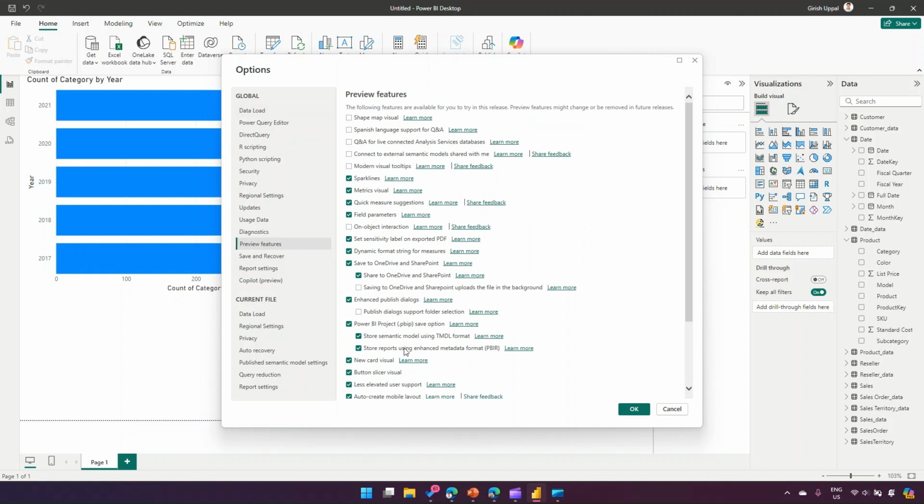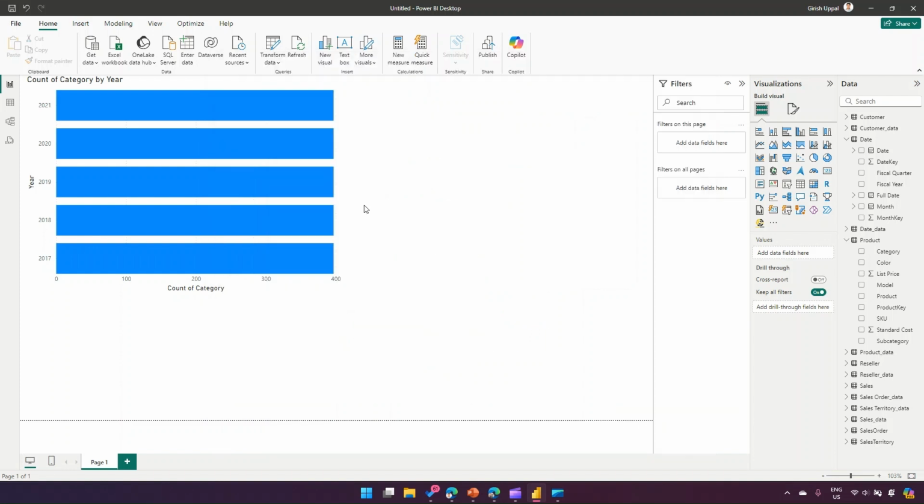If you go to Preview features, there is an option which says Power BI Project file, save option: store semantic model using TMDL, store report using enhanced metadata format. So make sure you turn this on if you want to use the new PBI project save option feature. Okay, so this is just one of the